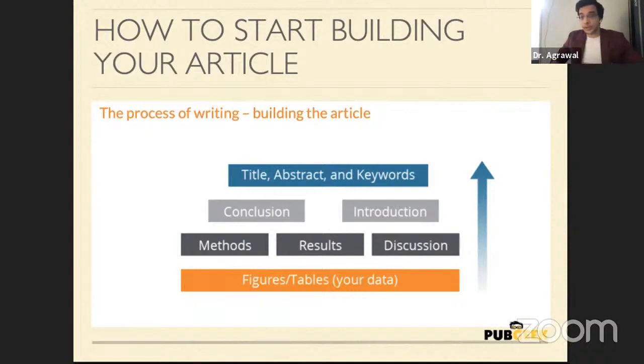And this is the most efficient way that I have found, and that other people have found as well: you start from your figures and tables. You make sure that you have your data in tables or figures already, so that you know what exactly the main points of your article are, what the main results are, what the most exciting results are. Then you move on to write your methods, which is fairly easy to write because it's essentially just saying what